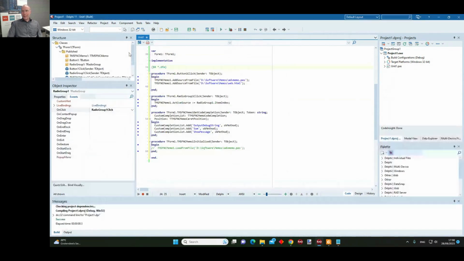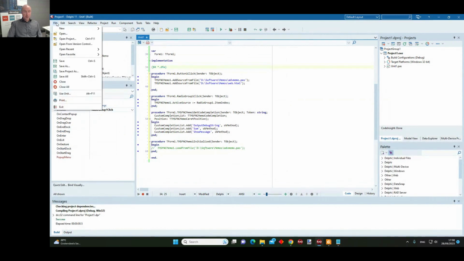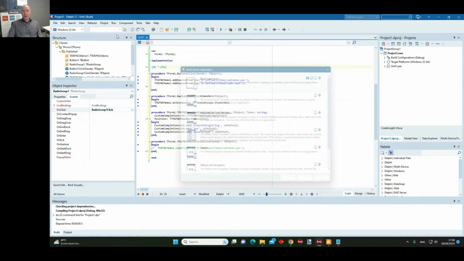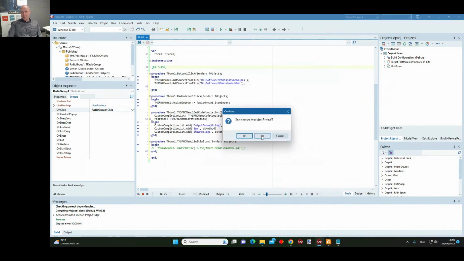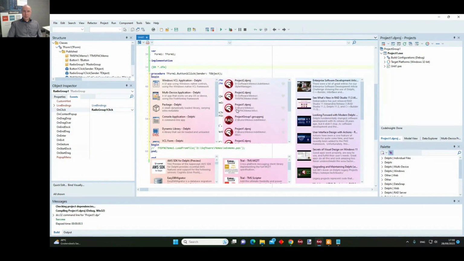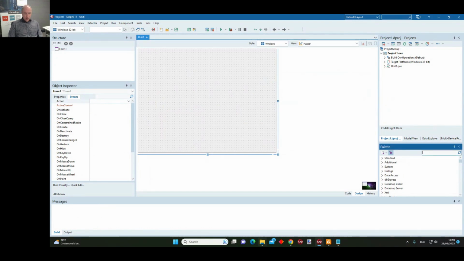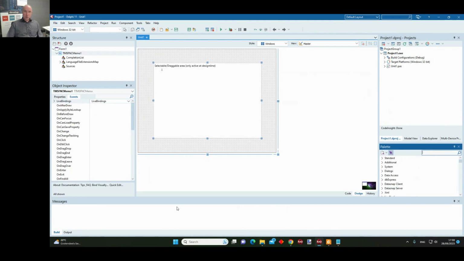I mentioned that the FNC memo is a cross-platform and a cross-framework component, and I have shown here a VCL application, but when I create from Delphi a multi-device application, so that's a FireMonkey application, this same FNC memo is also immediately available from here.